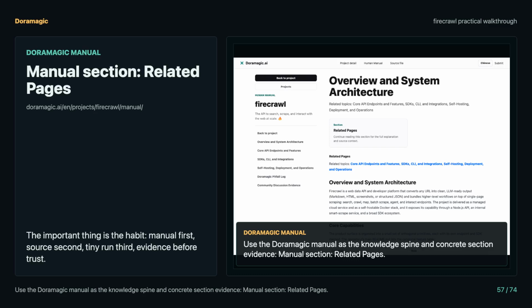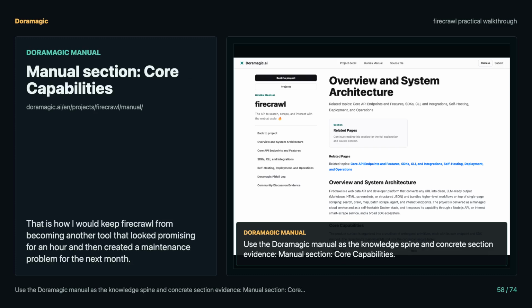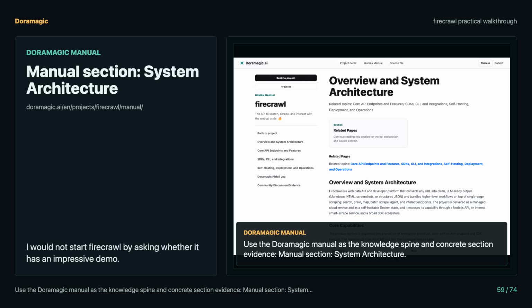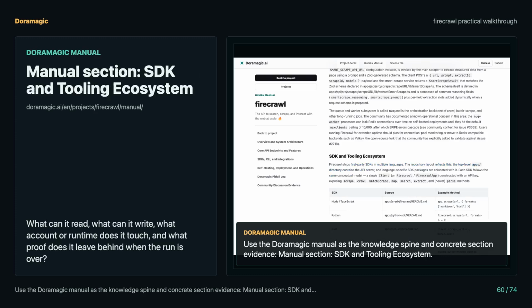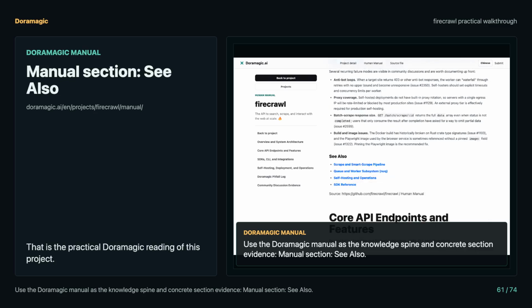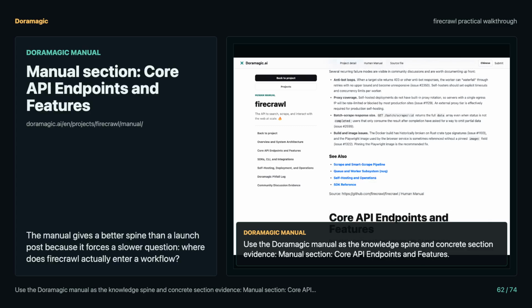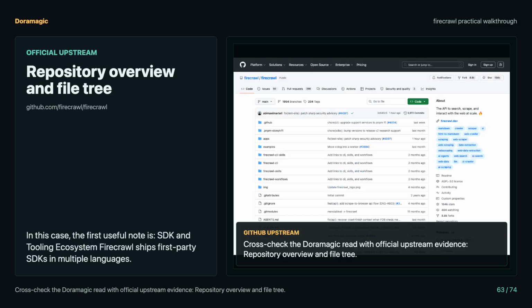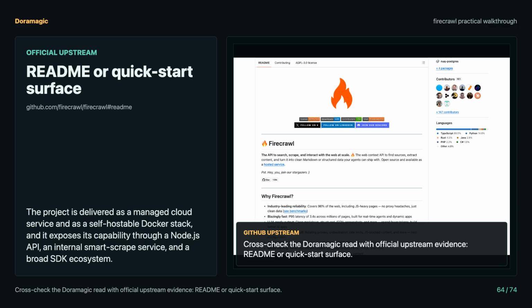Make the first run deliberately small, and watch the failure that looks like success. System architecture. The architecture separates a stateless HTTP API from a stateful job processing layer, with a dedicated internal service for